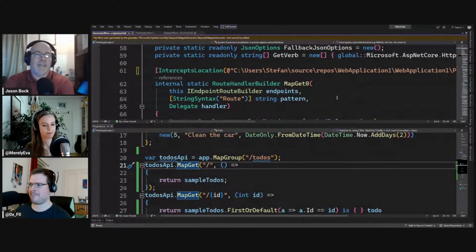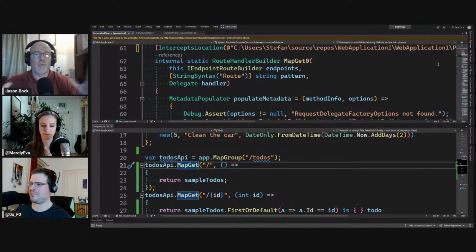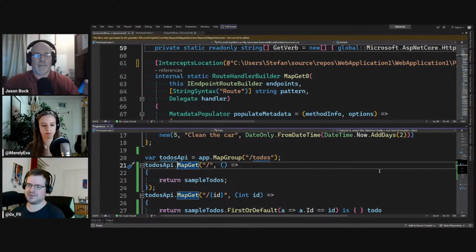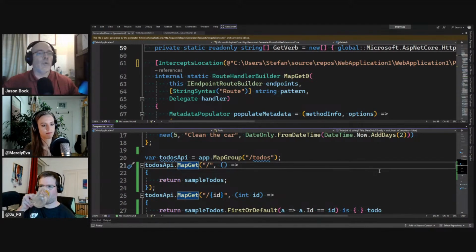But again, this is something that only works within the project that you're in. So for example, if you wanted to intercept a method and that object is getting passed into a method from another library or another assembly, that interception just doesn't work, because that invocation is somewhere else, which you don't have access to from a file perspective.